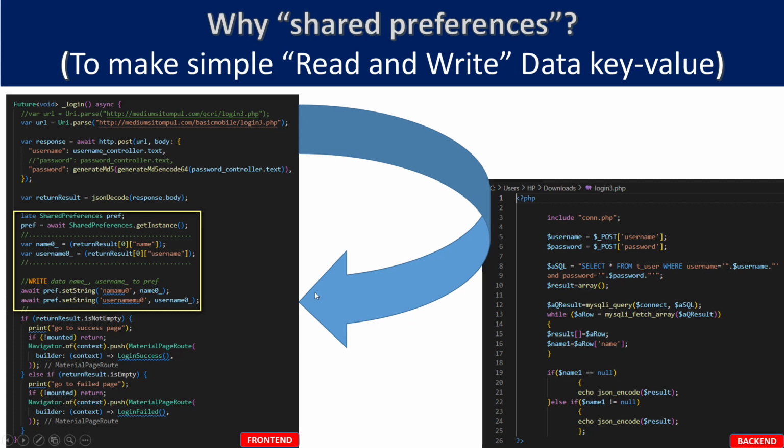After that, on the returned data, you make an evaluation or comparison. If the returned data is not empty, go to the material, go to login success. If the returned data is empty, go to the fail login page.